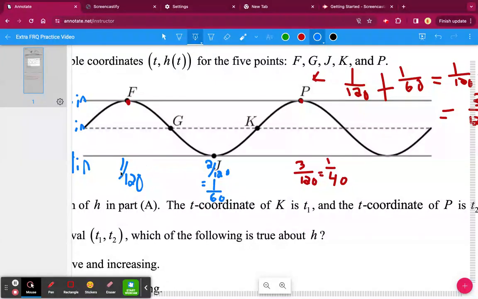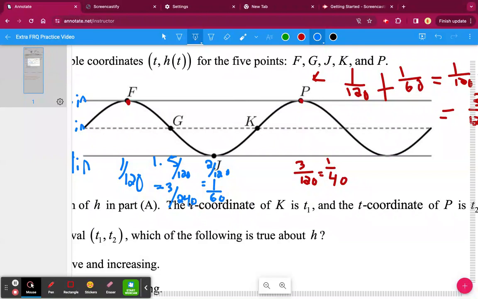And then the halfway point between 1. So now to find G, I'm going to find the halfway point between here and here, which would be 1.5 over 120. But you're never going to have a fraction that has a decimal in it. So if I multiply the top and bottom by 2, that'll get rid of the fraction. So I have 3 over 240,